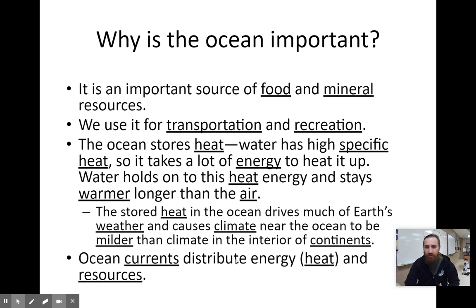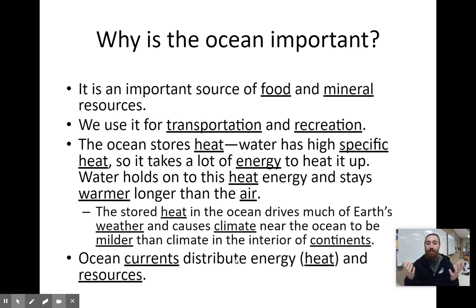The stored heat in the ocean drives much of Earth's weather and causes climate near the ocean to be milder than climate in the interior of the continents. Now, in Minnesota, we kind of see this as well. If you're up in Duluth, yes, they get a lot of snow, but they're also in their own little microclimate. During the wintertime, when we might be super cold, Duluth is actually a little bit more mild, because they still get warmer air off of the lake. But in the summertime, Duluth is typically colder, because they're still getting that cool breeze off of Lake